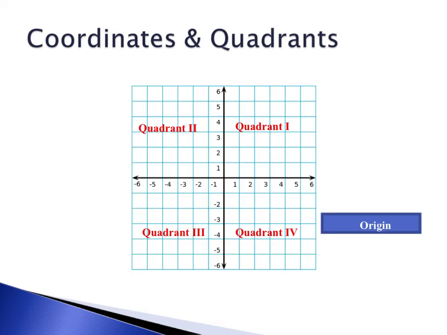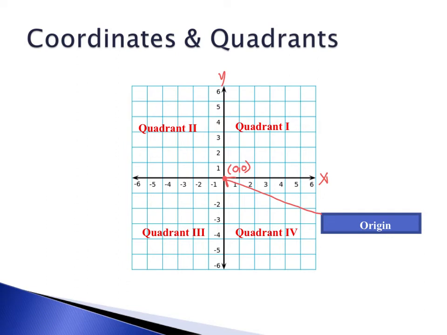Now the other important part to a coordinate plane is what we call the origin. The origin is the point where the two number lines, the horizontal and the vertical number line, or the x and the y-axis intersect. And this right here is the origin. This is the coordinate point we call 0, 0. That's because it's the 0 value on the x number line, and it's also the 0 value on the